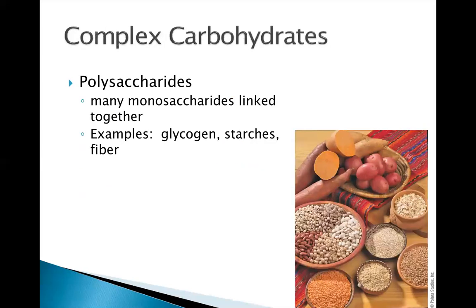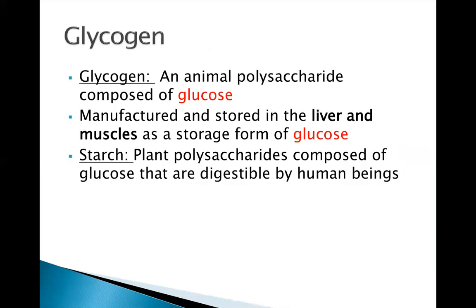Complex carbohydrates occur when multiple single sugars are linked together. And in our body, or in the foods that we eat, these generally occur as starches and fibers. Glycogen. So glycogen is how animals, humans included, can store glucose. And we store glucose in the liver and the muscle, and then we can break down that glycogen so that individual glucose particles will be released to the bloodstream or utilized for energy.